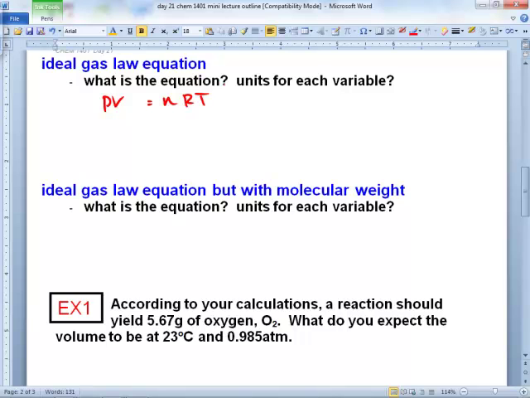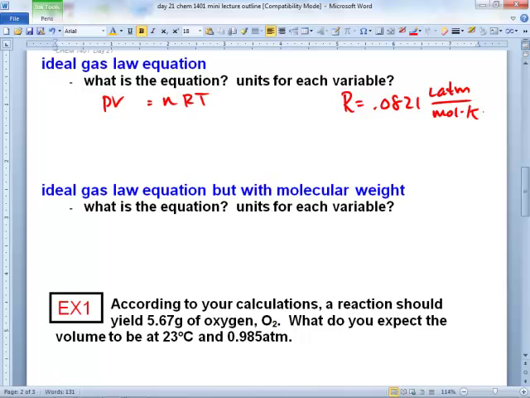Caroline, how many variables are in that equation? Yeah, but one of those, you're right, there's 5 I guess. R, though, isn't really a variable. R always equals the same thing. No matter what the problem is, no matter what the gas, no matter what is going on, R is always the same thing. You've got this memorized by now if you did the homework: liter atmosphere over mole Kelvin, right? And there are different R's you can pick, but this is the easiest one. So really there's only how many variables? Everybody, there's only 4. Any homework question or exam question is going to give you how many?